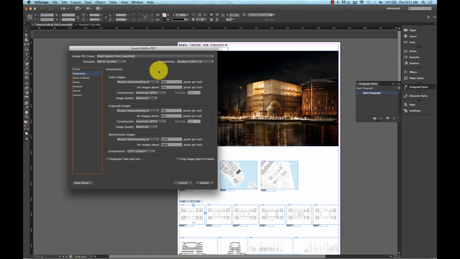Also, if your images are huge, you can still use their downsampling. And basically what this does is just takes your pixels. If you have an image that's above 450 pixels per inch, or PPI, it downsamples it to 300. You can set these however you want. I think the